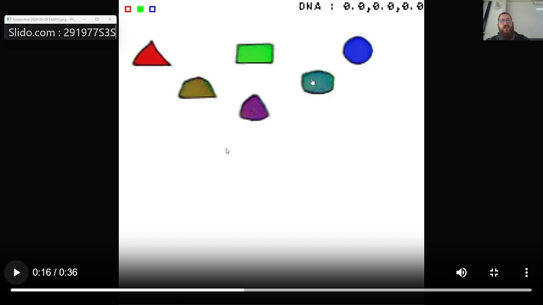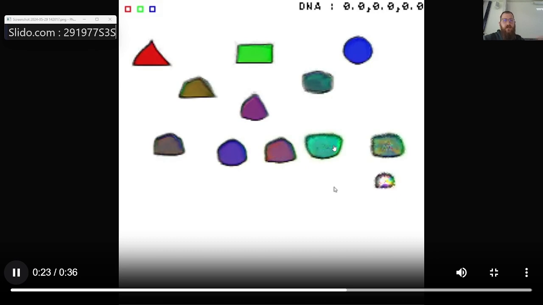This one is a round rectangle, which is bluish, and this is a roundish triangle, which is purple. By the way, the way I trained this, I really trained the NCA only to make these 3 shapes. I never trained it to make the hybrids. These are completely emergent from the dynamics. And if you put just random DNAs, you get some random combination of these 3 things.